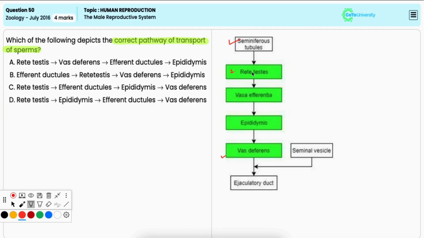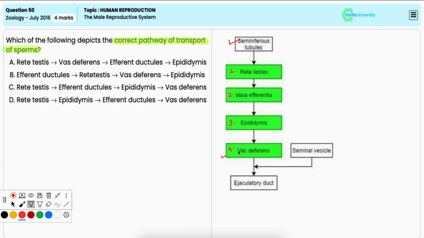testes. Then to the efferent ductules that transport sperm from the rete testis to the epididymis. Then epididymis, which is a long coiled tube where sperm mature and are stored. And finally, vas deferens, that is the duct that carries mature sperm from the epididymis to the ejaculatory duct during